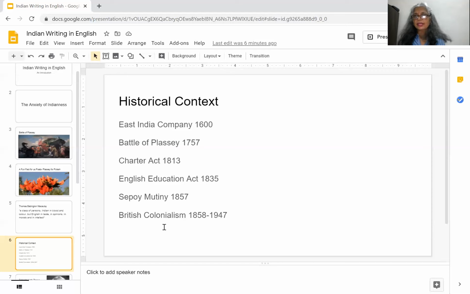They didn't want the people who were governed by them to feel threatened that they were probably facing some kind of extinction of their religion and their religious exclusiveness. So they wanted to make them feel comfortable. But it is after the 1813 charter that the Christian missionaries were allowed to go about propagating the religion, not really trying to convert people into Christianity at that point, but they were allowed a certain kind of freedom, which